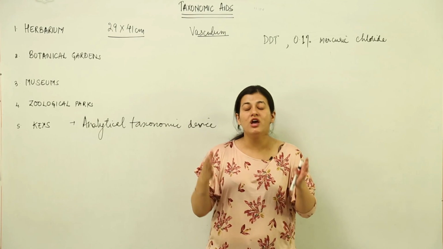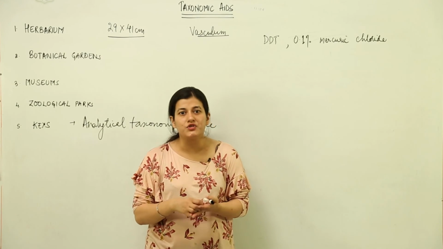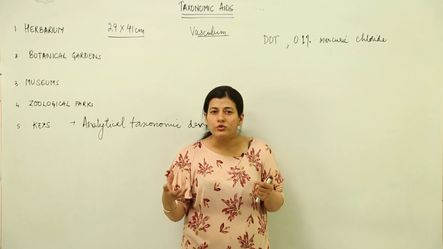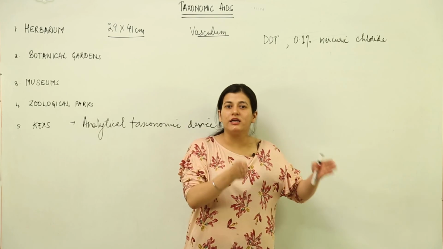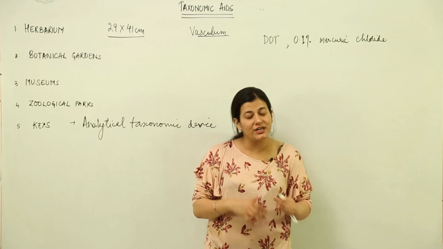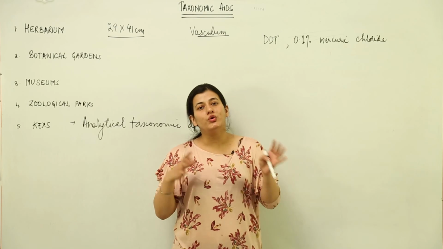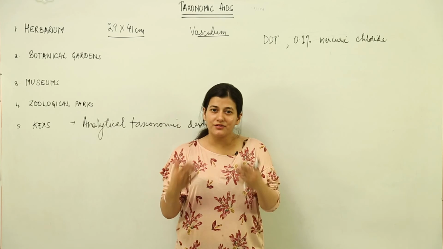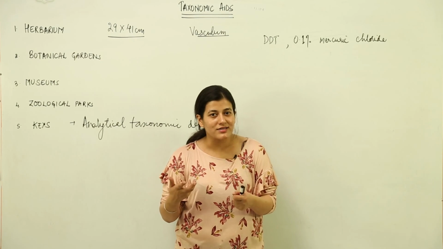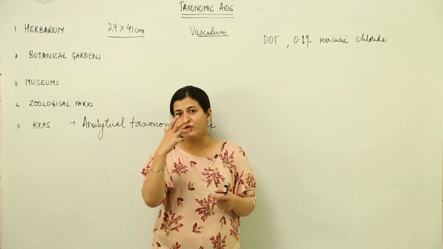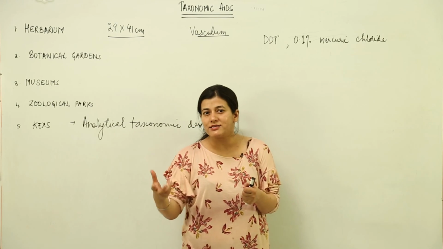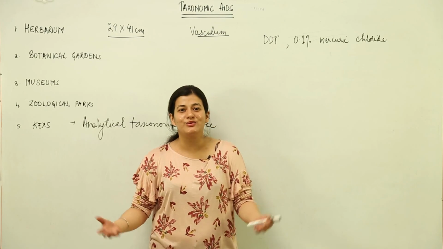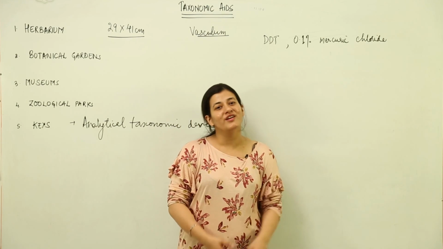because all the taxonomic information that a particular researcher arrives at, he or she mentions in different types of books known as floras, monographs and manuals, which give a particular zone's species composition, and it is easier for everybody to read and analyze whatever we want to study. It is easier for people of your age to simply Google and understand. Supposedly you are asked to see some parasitic plants, you would Google parasitic plants and a list of parasitic plants would come in front of you. That is all thanks to systematics and the study of diversity of life.